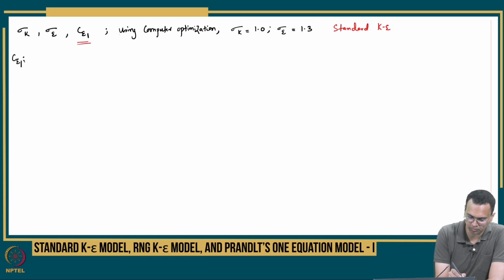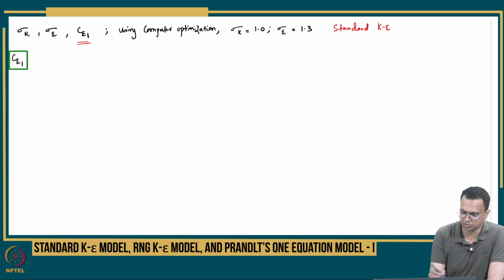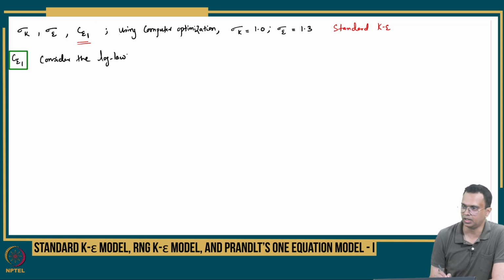So to get C epsilon 1, I will go back to the logarithmic region of the flow again. Okay. To get C mu, we looked into the log law region, and then for C epsilon 2, we looked into decaying turbulence. Now C epsilon 1 appears in the production rate of epsilon, right. So we will go back to the zone of the so called log law region. So for C epsilon 1, consider the log law region again, that is the inertial sublayer, log law region